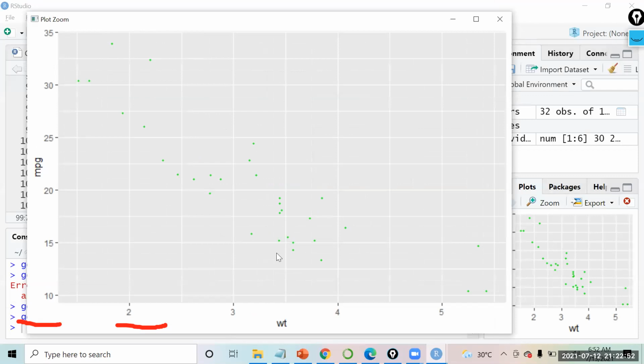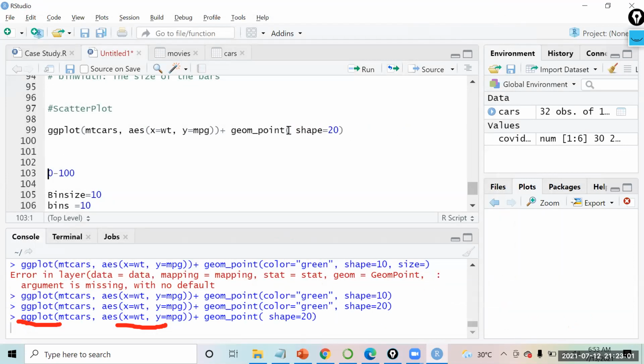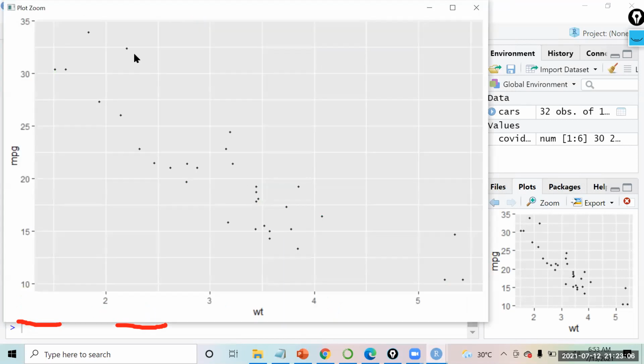So I have 32 cars with me, and I can see their information on this. Let me remove the color over here for now. So what we see is this chart now. Now every car has some cylinders, right? This is a detail that is given to me in the data only. Here we have weight. So there was a car whose weight was on the higher side, around 6, I will say, and its mileage was around 10.